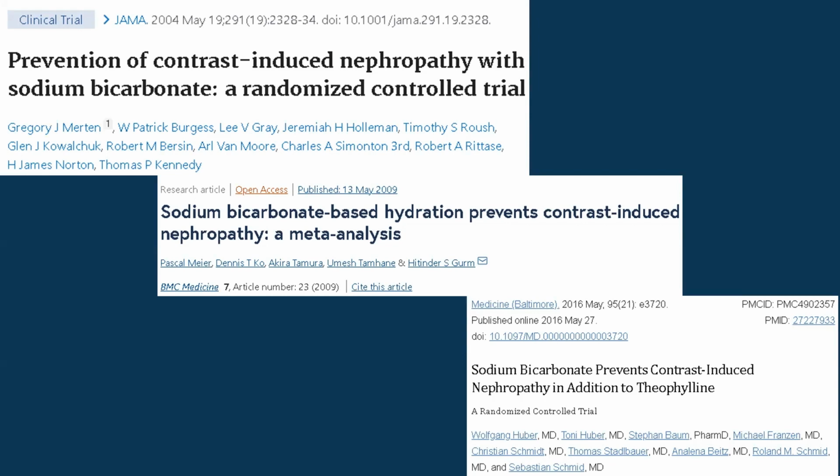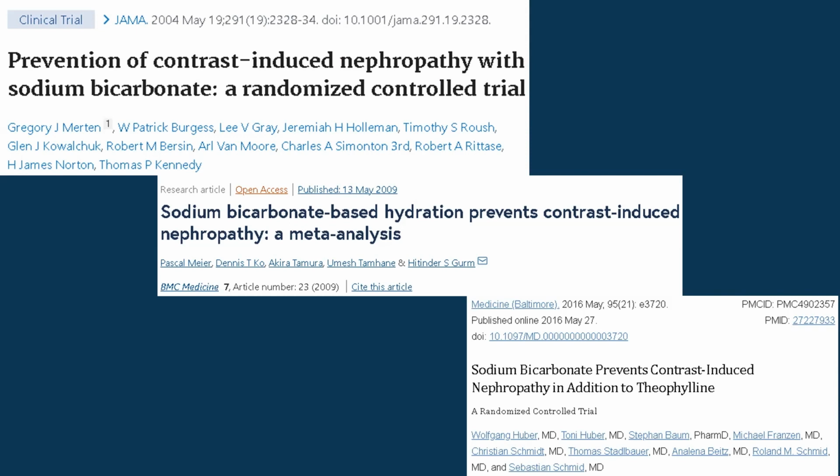In the middle, this meta-analysis suggested a significant benefit of using bicarb-based hydration for prophylaxis of contrast-induced nephropathy, although the magnitude of the benefit may have been overestimated by earlier studies. However, the lack of any study to date showing superiority of saline-based hydration suggests that sodium bicarb-based hydration should be considered the optimal hydration in high-risk patients. And then the bottom study here in the bottom right, patients at increased risk for contrast-induced nephropathy receiving prophylactic theophylline and hydration with sodium bicarb had reduced renal impairment compared to hydration with saline, which, if you think about it,